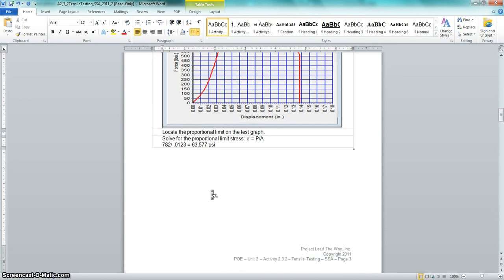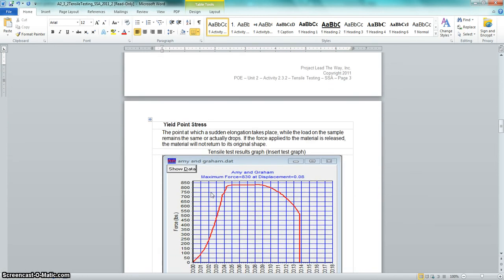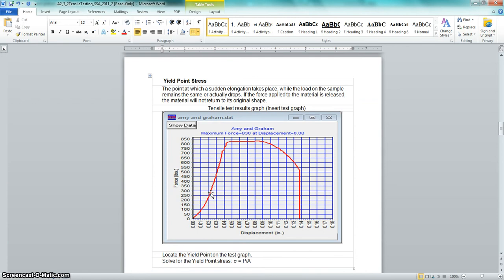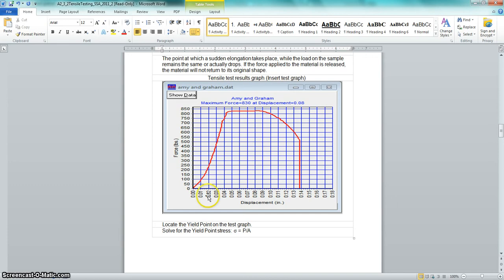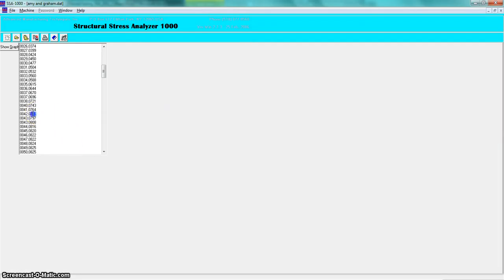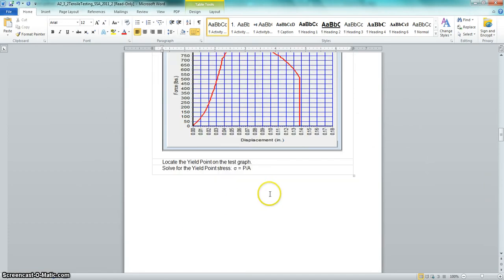Okay. We're going to scroll down and look for our yield point stress. A very easy way for us to identify this yield point stress is just to say, if this is my proportional limit, my yield point is just going to be the very next point. So I'm going to use 797 at 43 thousandths of an inch. You'll notice the equation is exactly the same, but the force changes. So it's 797 divided by, again, our original cross-section area, and we get